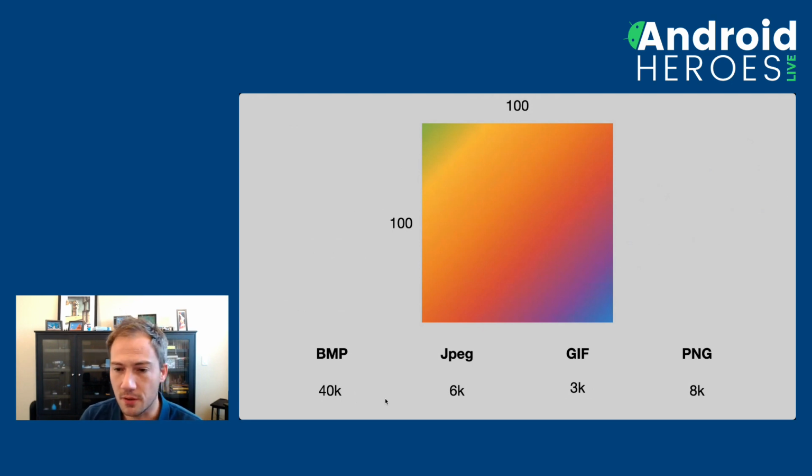And now our JPEG is a little bigger, it's 6 kilobytes. The GIF is way bigger than it used to be. It went from 150 bytes to 3 kilobytes, and PNG is 8 kilobytes. So already you're starting to see that some formats might be better at encoding different types of information. So PNG in particular is very sensitive to changes in color from one pixel to the other. And it's going to be terrible for things like